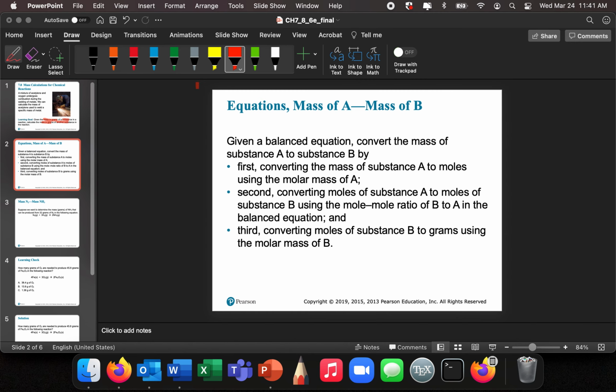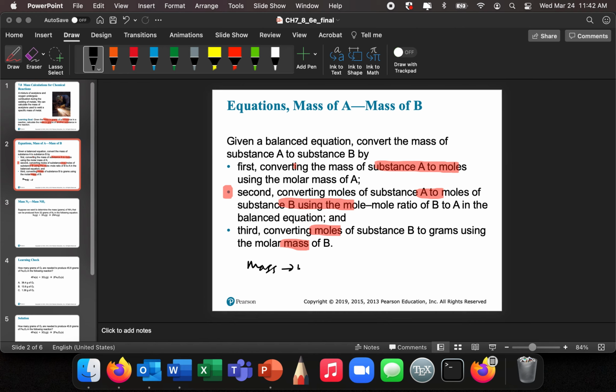So first of all, when you're given the mass of one, you're going to convert the mass of substance A into the moles of substance A. And then you're going to convert the moles of substance A into the moles of substance B, because that's the only relationship that we have between A and B, is moles to moles. That's it. So this is key right here. And then finally, we're going to convert back from moles of B into mass. So we're going to go from mass to moles, moles to moles,